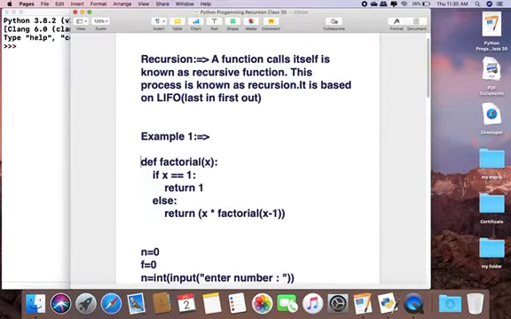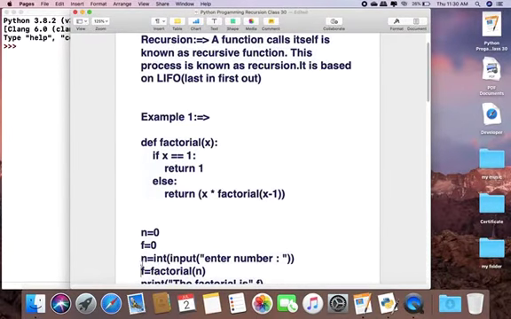First, this is our main. Here we input a number and f equal to factorial n. It means we are calling a function with the value of n and its result will be equal to f. Whenever we call the function, this function will be called. Here is the function definition.